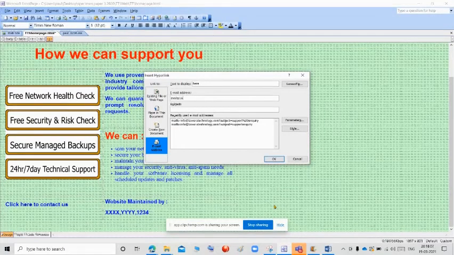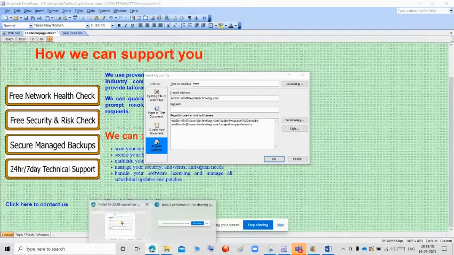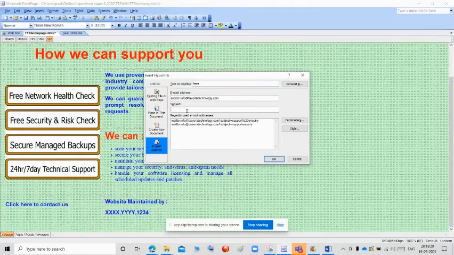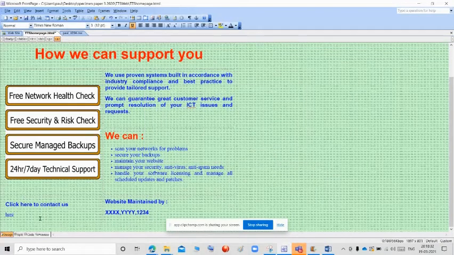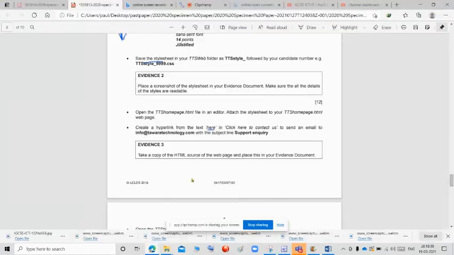So type info at tawaratechnology.com, and the subject they are giving is support inquiry. This is the way we are going to create the hyperlink for the email address and click OK. So now we got the hyperlink here. So this is the way we are going to give the hyperlink.